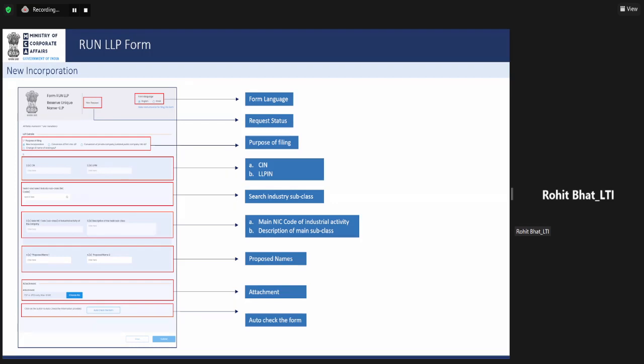Now we are following NIC code 2008. Earlier MCA used to follow NIC code 2004. We have shifted now to NIC code 2008, and in run form, NIC code selection is mandatory. So the third option is search and select industry subclass, that is NIC code. Once we click on search icon, you'll be able to see multiple NIC codes on your screen, and the user can either put the complete code and will be able to see the description of that particular code on the screen, or the user can put the description of the category of the industry, and then related NIC codes will be available on the screen.